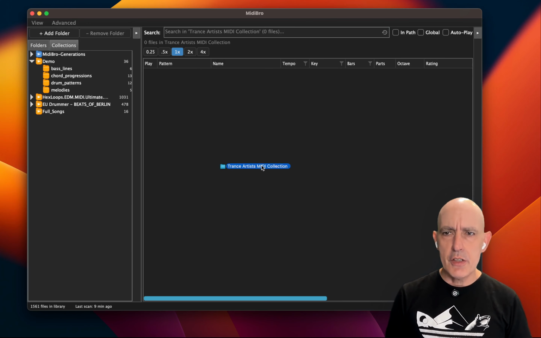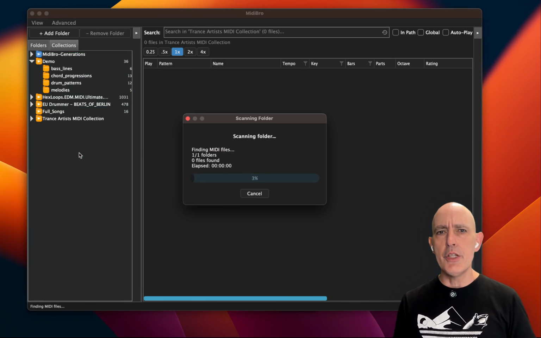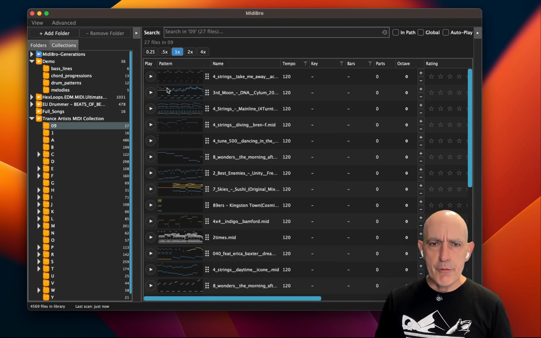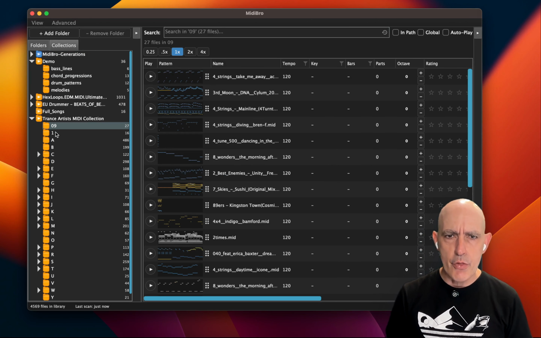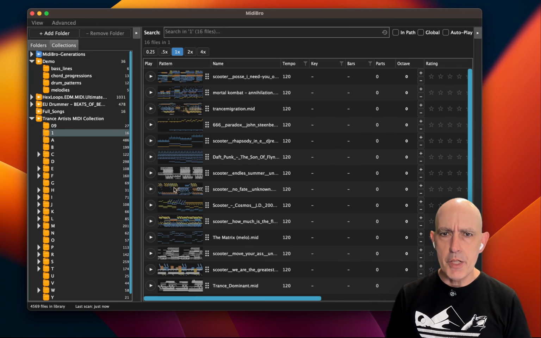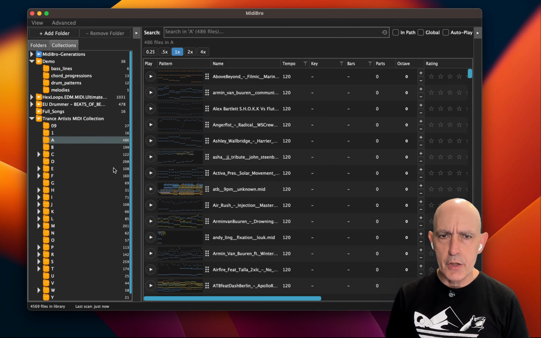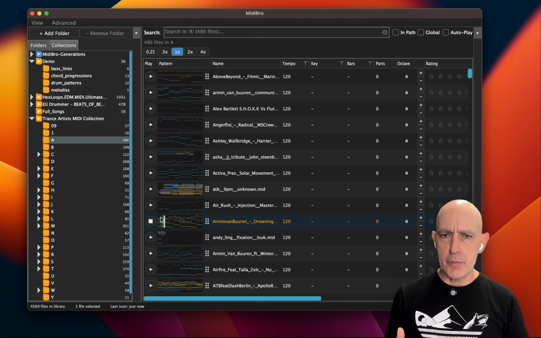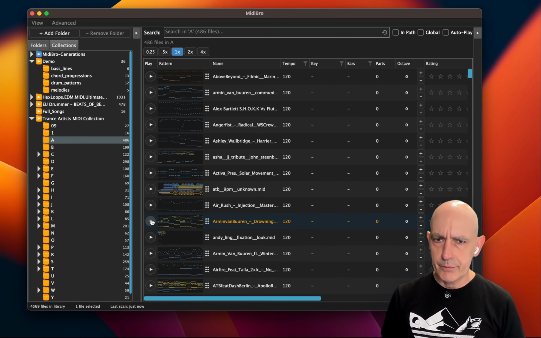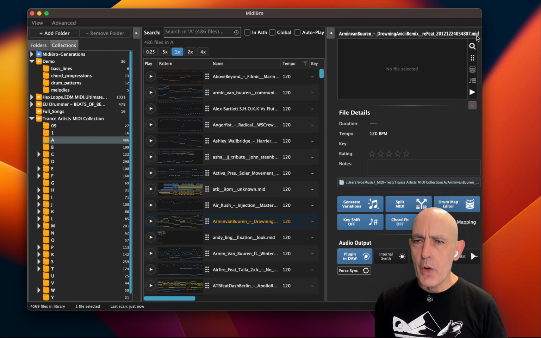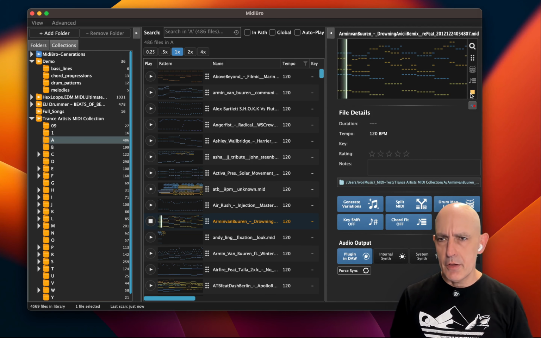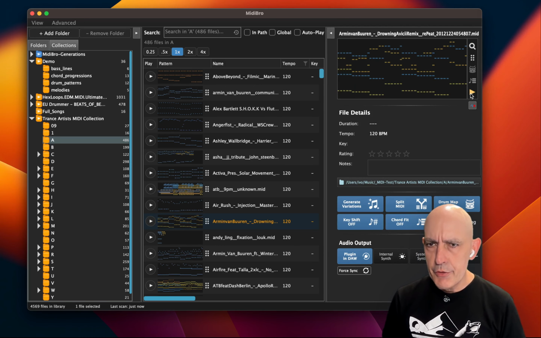For instance, let's grab a folder, drop it into MidiBro. You see we have the folder here with subfolders, and you can browse through the subfolders, see the MIDI patterns, the names and so on. And you can quickly preview your files, for instance, with a connected plugin to your DAW. On the right hand, we have a more detailed view with a larger piano roll to preview, and we have